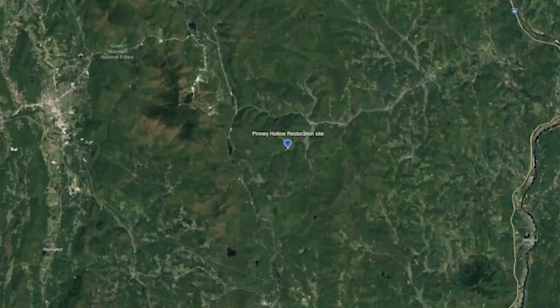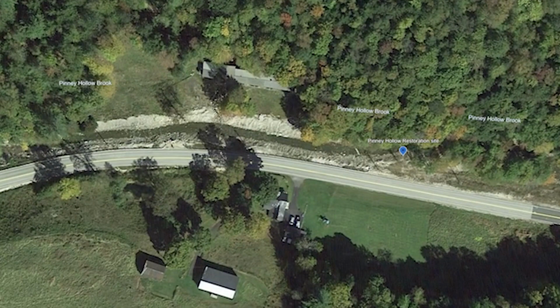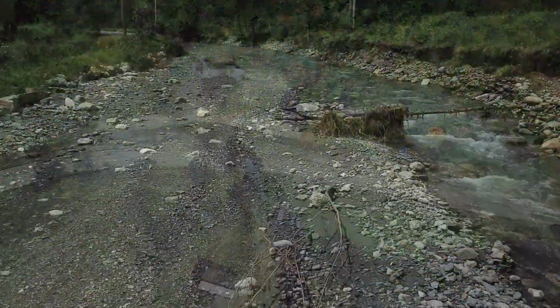I'm Will Eldridge, aquatic habitat biologist with the Vermont Fish and Wildlife Department. We're on Pinney Hollow Brook in Plymouth, Vermont today. And we're here because Vermont Fish and Wildlife partnered with the Two Rivers Ottauquechee Regional Planning Commission on a habitat